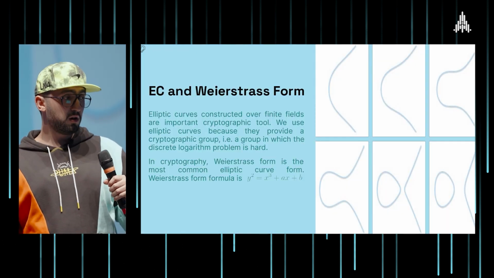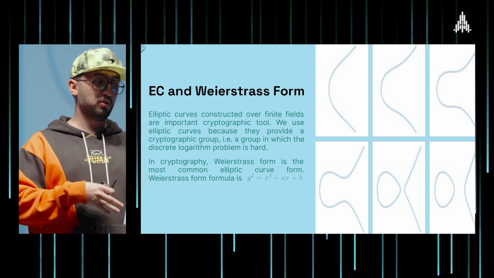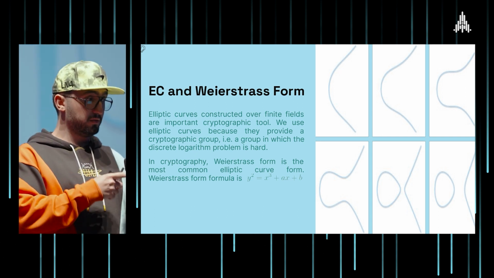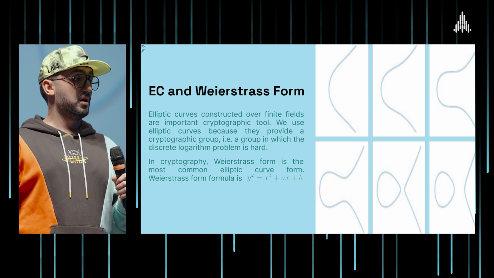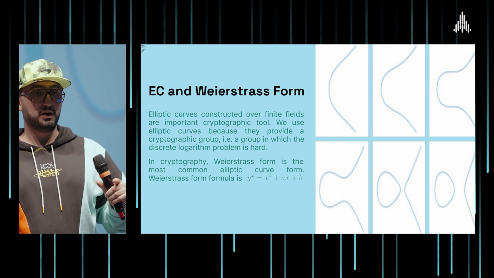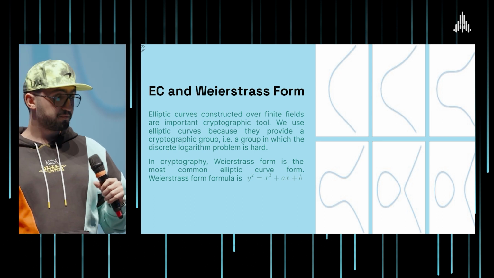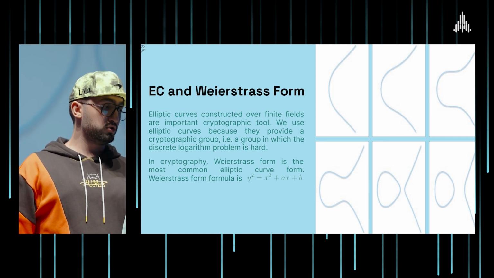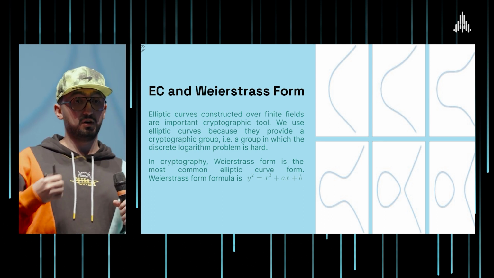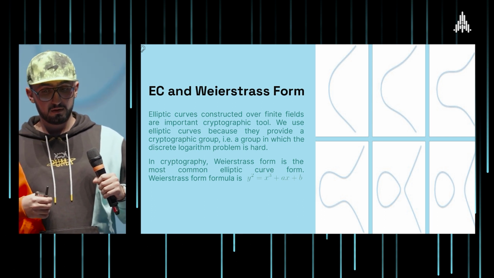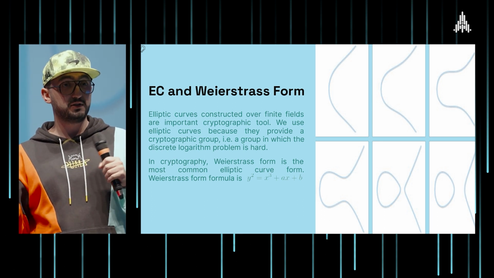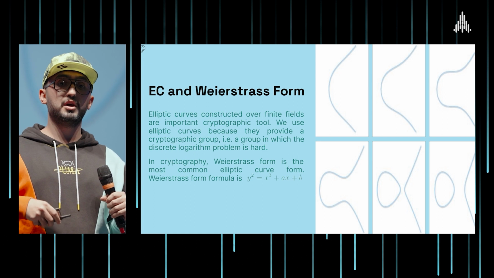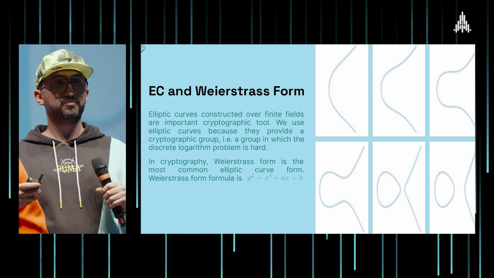First of all, we have different kinds of elliptic curves, and in ZK technologies, we mostly use the Weierstrass form, and we construct these elliptic curves over finite fields. When we construct these elliptic curves, we need to look for some security properties, so that we do not reduce our soundness or zero knowledge